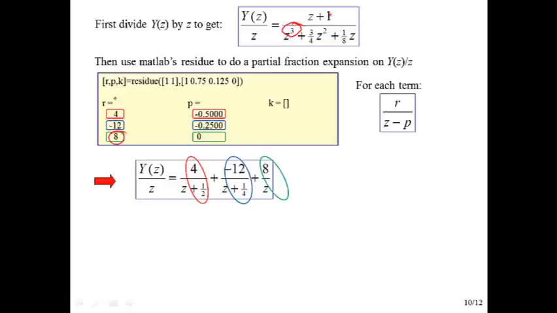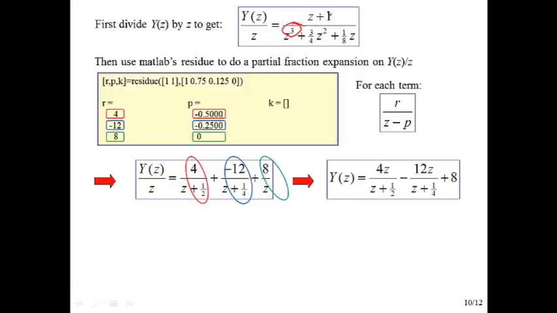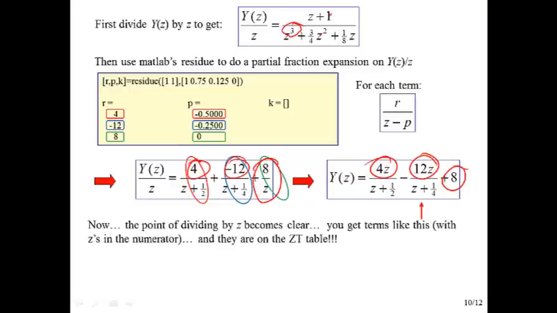So now what that tells us is that we've expanded Y of z over z to give us that, and then the last thing we want to do is multiply both sides by z. So 4 goes to 4z, minus 12 goes to minus 12z, 8 over z goes to 8. And now I don't actually do the inverse, but what we can do,